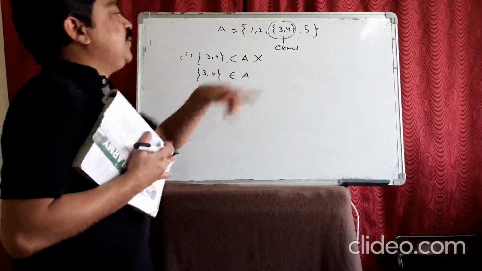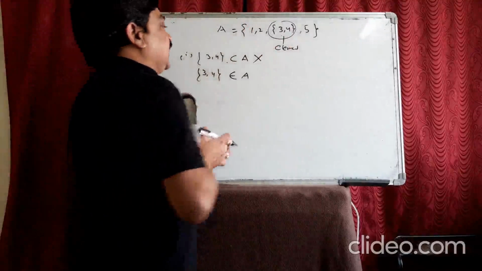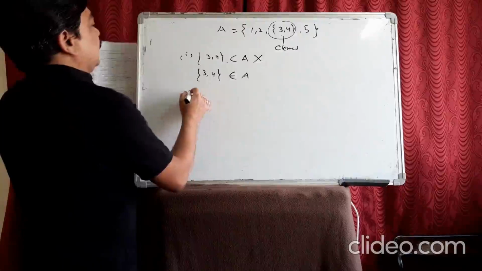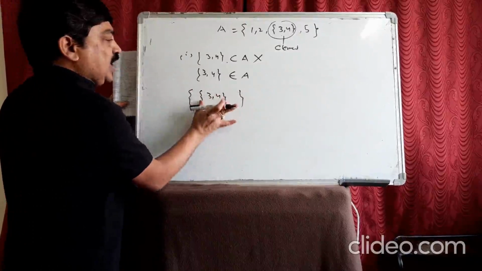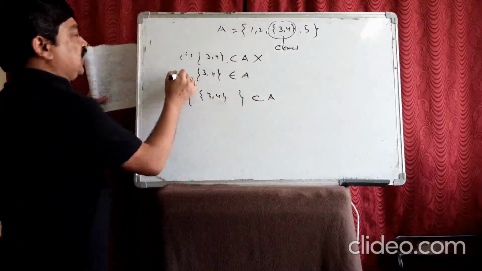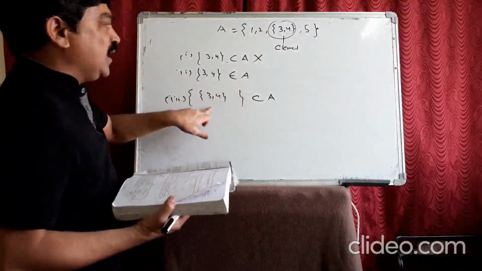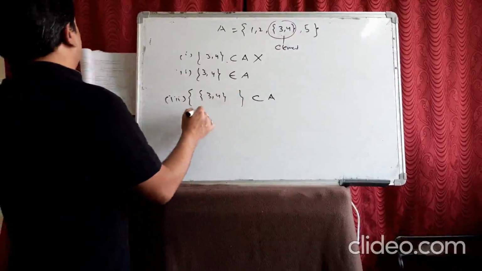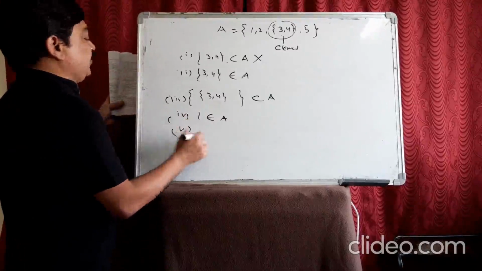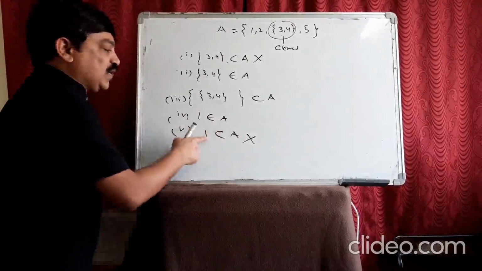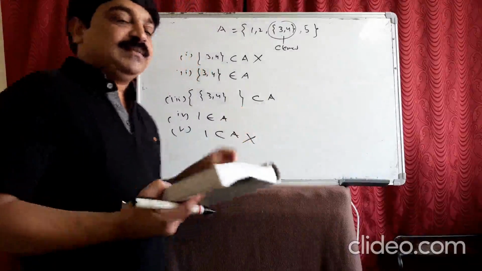Because it is an element compared with the set. Understood? When you take two different elements and make a set, {3, 4}, that means this is a set and an element, this is a subset. Understood, guys? See carefully, now you will understand. This is a set of an element. Like how we write 1 belongs to A. This is right, because 1 is an element. Is 1 a subset of A? No. Because 1 is an element. When a set is compared to a set, there should be a subset symbol. Okay?